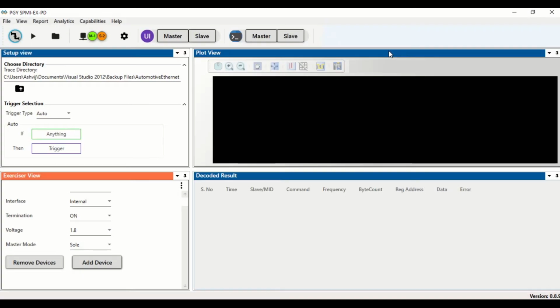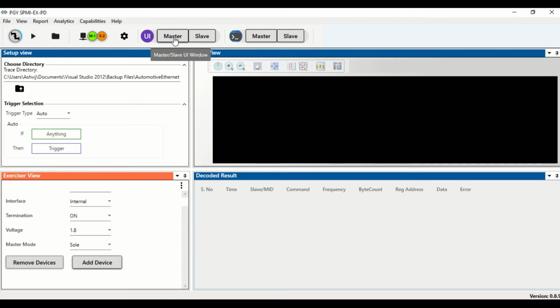Write the script to generate different SPMI traffic generation sequences. Alternatively, user can use GUI to generate SPMI traffic packets. Powerful scripting capability allows user to generate complex use case scenarios. Saved script can be loaded from the file.